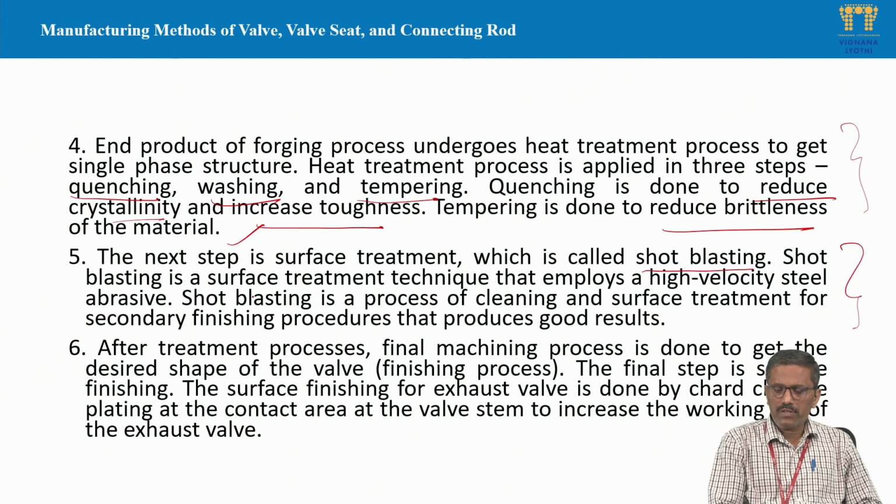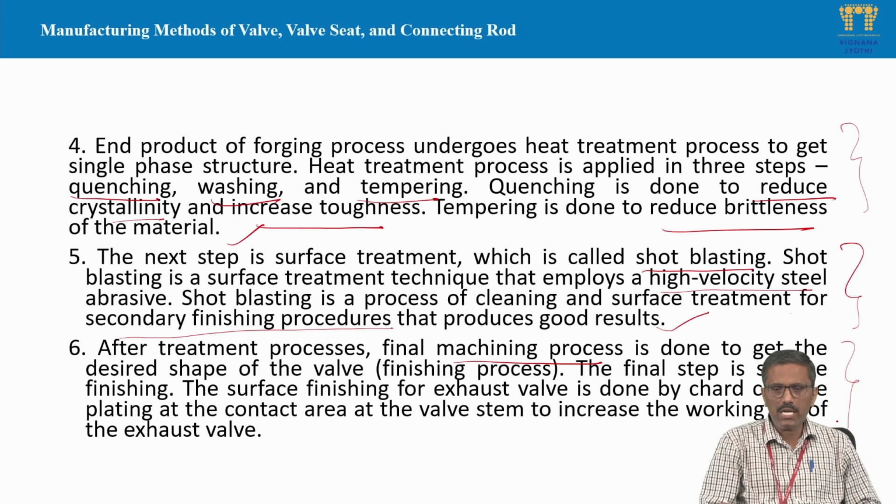In shot blasting, the surface treatment technique employs high velocity steel abrasives hitting the surface of the valve, so that it cleans the surface as well as undergoes treatment. That is also called a secondary finishing process, which produces good results in terms of surface strength. After these two processes, we go for the final machining process